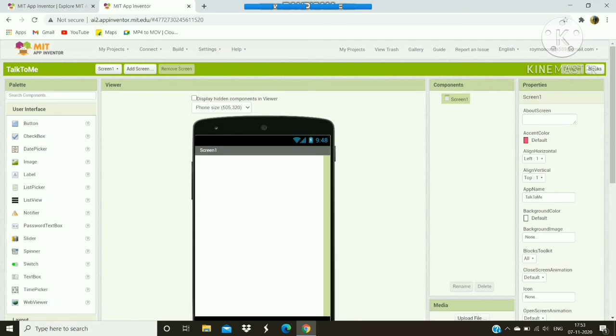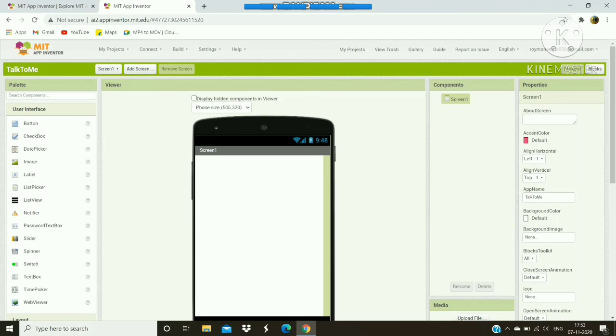Here we choose things for the user interface, like how the user is going to operate the app. Some things like buttons, images and text boxes, and some functions like text to speech, sensors and GPS will be given here, by which we are going to work with the app.